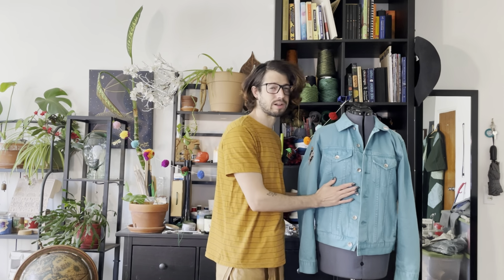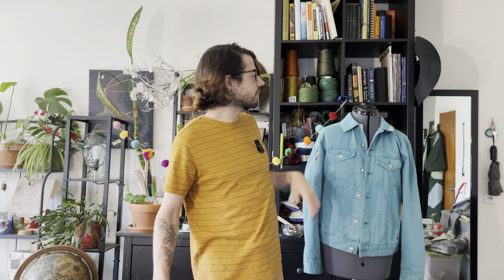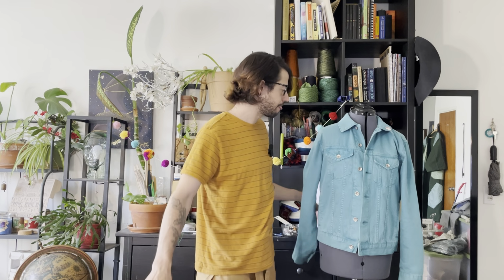I have put that part of the project aside because the suit, I'm not going to wear it all that often. So I don't want to put a whole bunch of labor into something that I'm not going to really get to see. And second, I love this jacket, and it also needs some repairs. I got this secondhand at a place called It's a Wrap in Los Angeles, and they take clothing that has been donated from film sets and TV sets. Found this for a family photo shoot. I really love the color. I like that it's a denim jacket, but